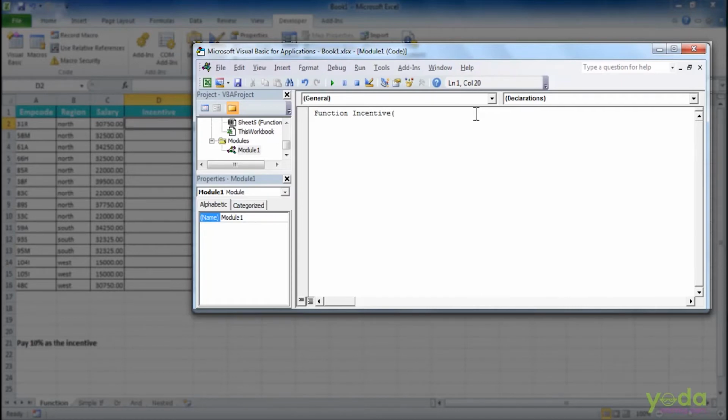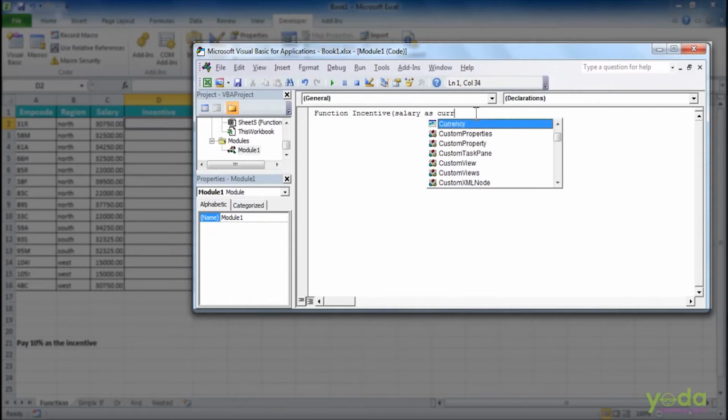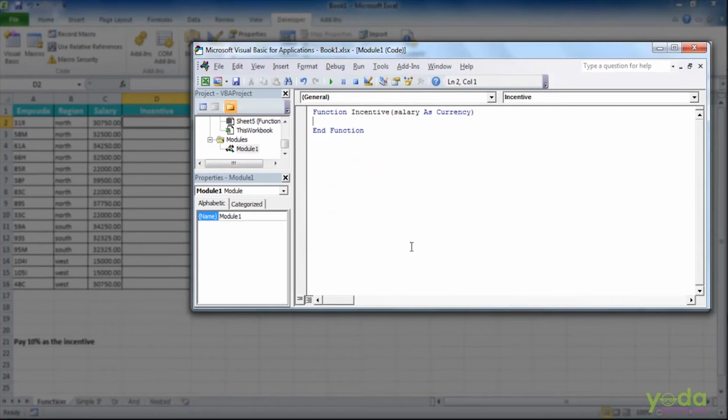I'll open the bracket and give the input as the argument for the function. The salary will be the input and the data type as Currency, and close the bracket. I'll say enter.